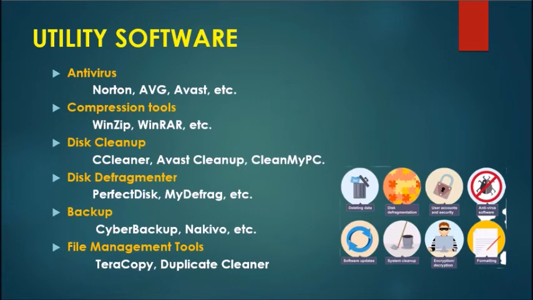The last utility software is file management tools. As you know, file management is an important function of operating systems, as all the data and instructions are stored in the computer in the form of files. So utility software provide regular file management tasks like browse, search, update, preview, etc. These are called the file management tools. Windows Explorer in the Windows operating system, Google Desktop, Directory Opus, Double Commander, Terracopy, Duplicate Cleaner, etc. are examples of file management tools.